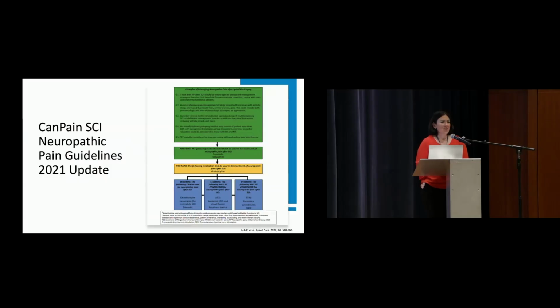These pain guidelines were really developed to be used in the subacute phase of care, the inpatient rehabilitation phase of care. But we do extrapolate the use of these guidelines to acute care as well, knowing that the onset of neuropathic pain, at least at-level pain, tends to occur in the acute setting, whereas below-level pain tends to onset months to years after spinal cord injury.